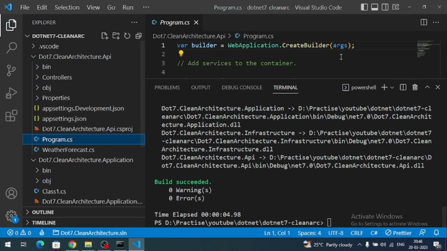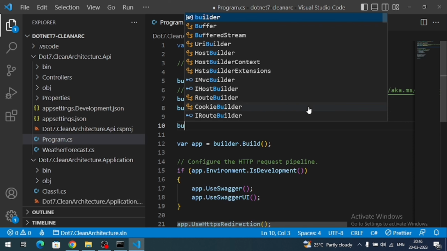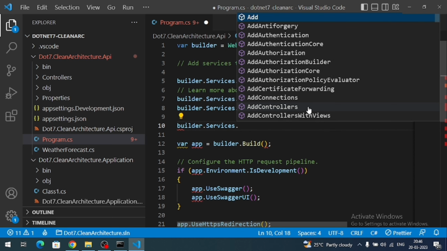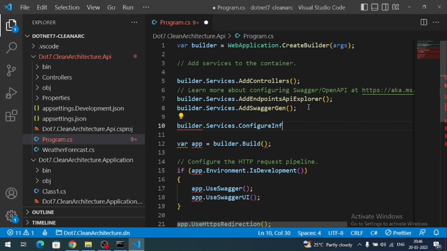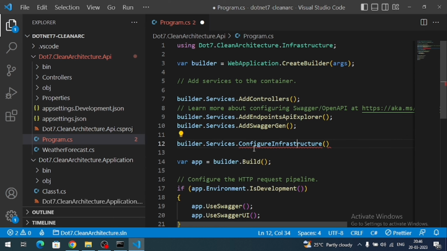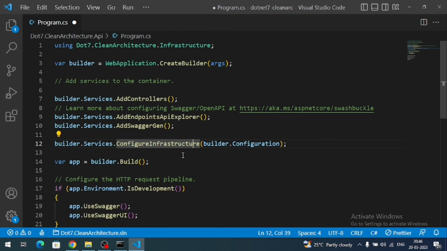And in the program.cs, here I have to register the register service of our infrastructure project. So builder.services.configure infrastructure. Okay, so let's import the namespace. Okay, and pass builder.IConfiguration as second parameter. So here what we did, we registered the DI file of infrastructure into our API